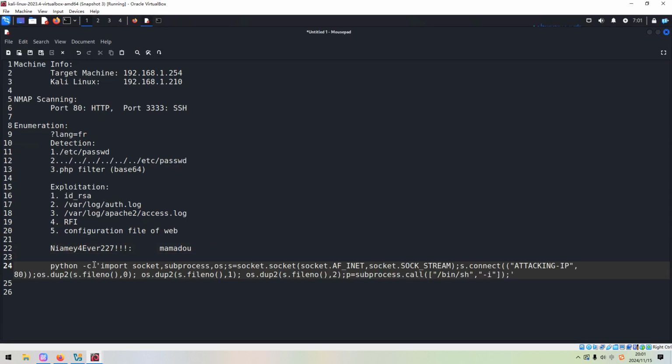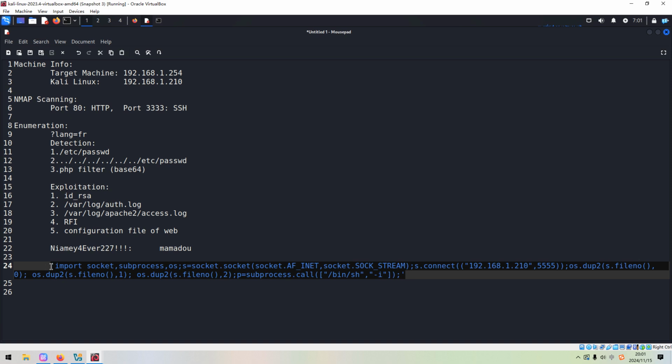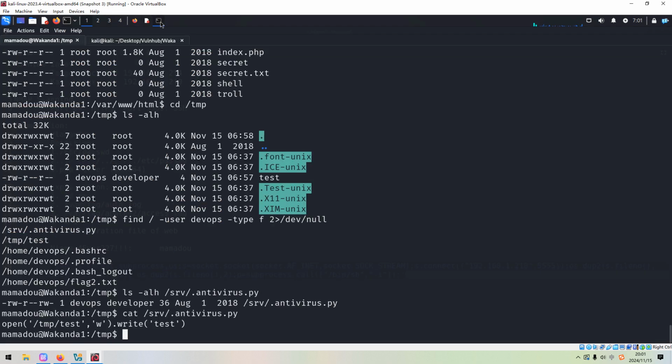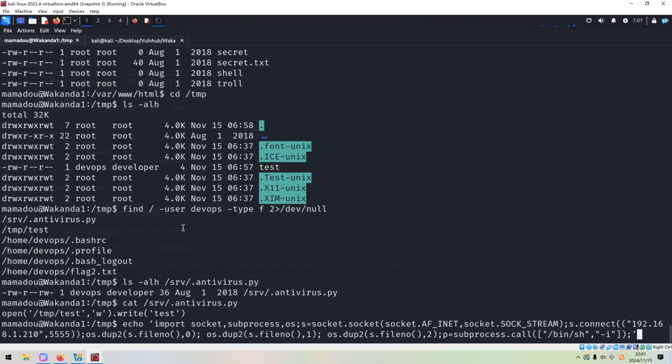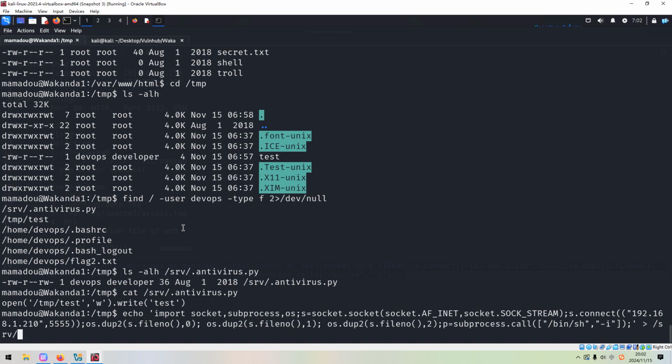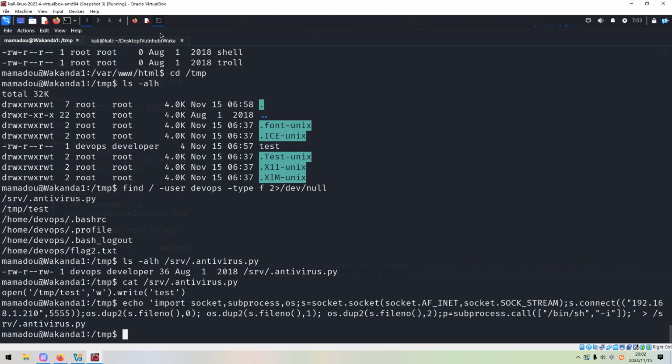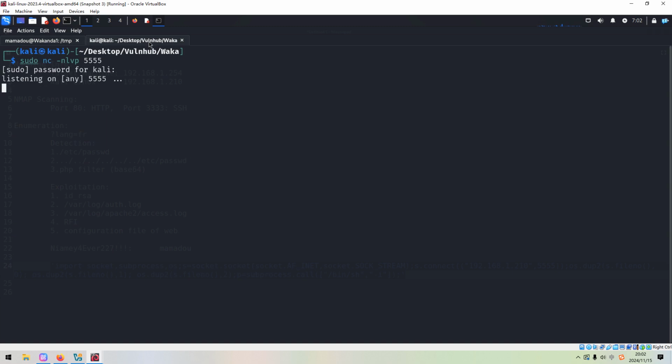Of course, this time we do not need to run it as a shell command. We just want to put some Python script. Okay, so now we need to do some modification. The IP address would be Kali Linux, and also the port number, and we can copy and go back, echo, press enter, and then we can wait for the connection from the target.